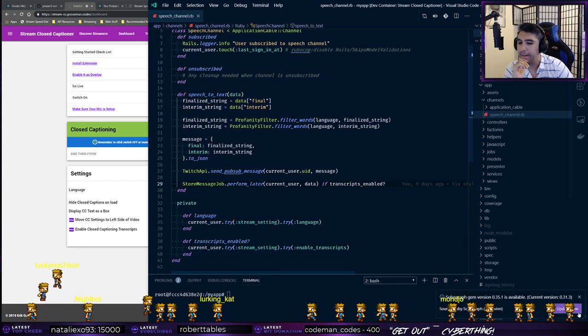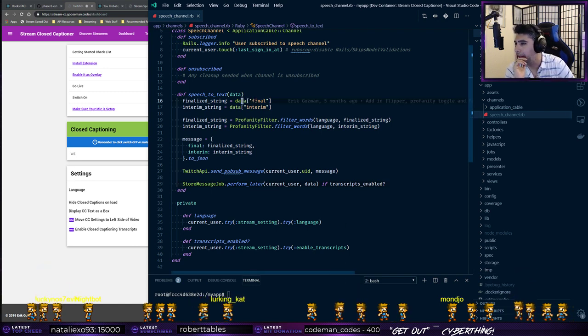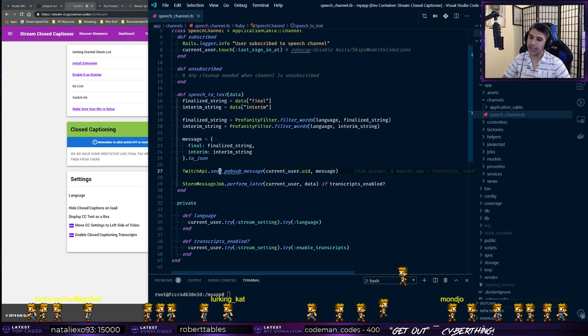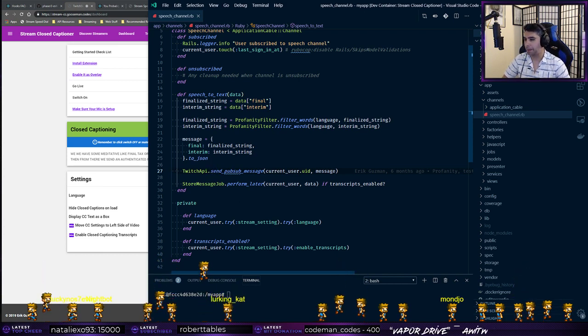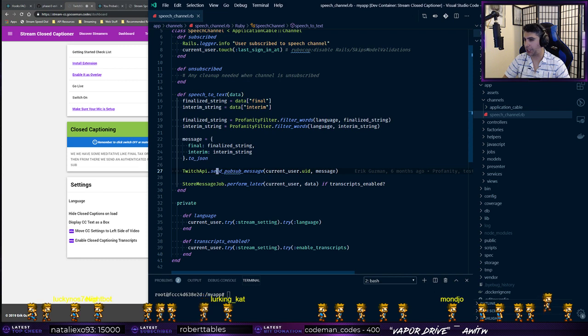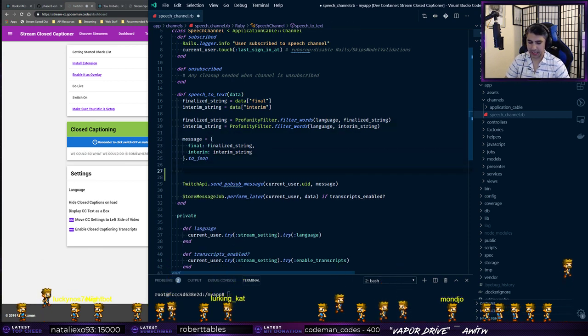And then from there, we have some metadata like final text or interim text. We try to do some profanity filtering, and then from there, we send an authenticated request to the Twitch API via PubSub, via their PubSub message API. So in here, what we could do, somewhere in here, for prototype's sake, is